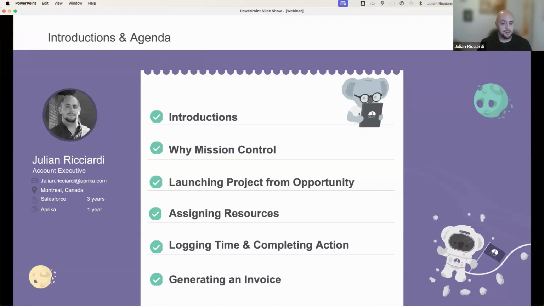There will be quick introductions on who we are, what we do, why Mission Control, the high level why. And then what I'll be really focusing on is those key portions of what people like to see in terms of the benefits of using Mission Control: launching a project from an opportunity, assigning resources to the project, logging time and completing an action, along with generating an invoice. I might even do a quick fundamentals section first, giving you an overview of the buildup of roles and what those mean within Mission Control, and how you could assign different